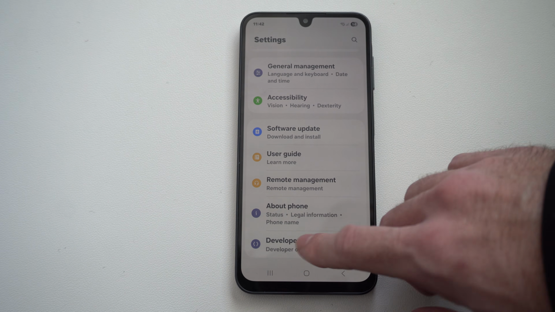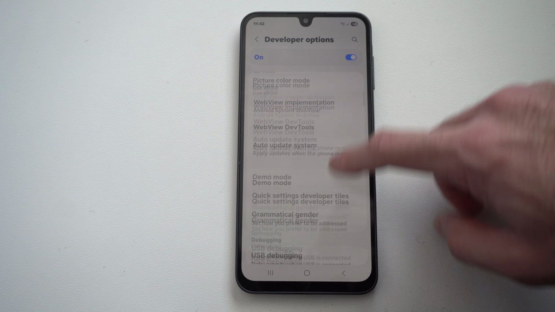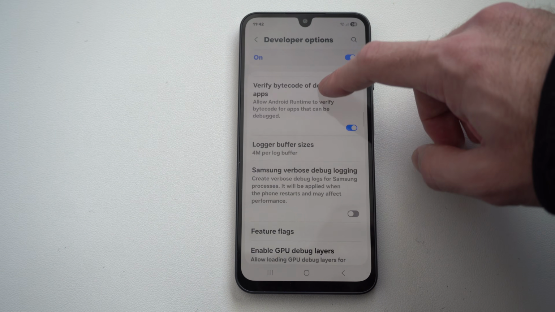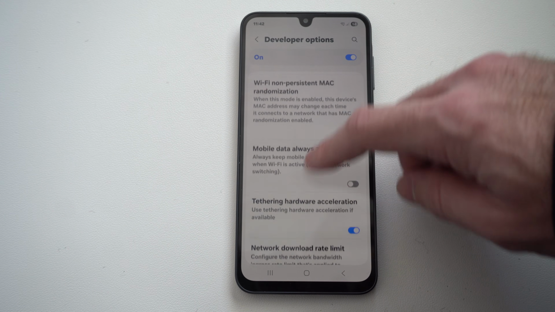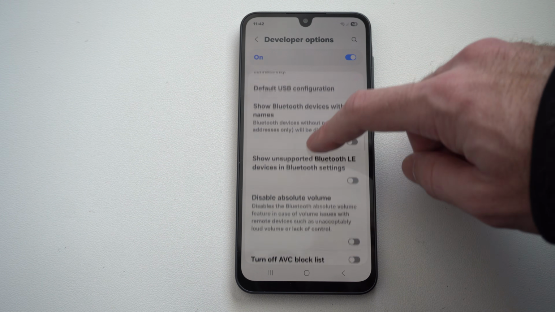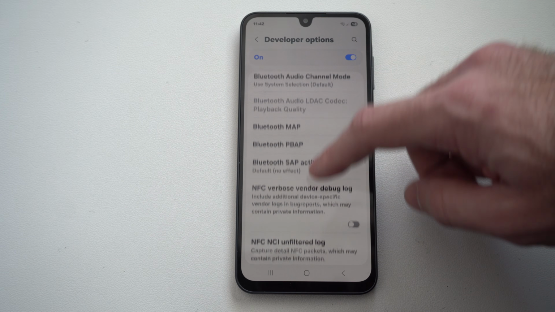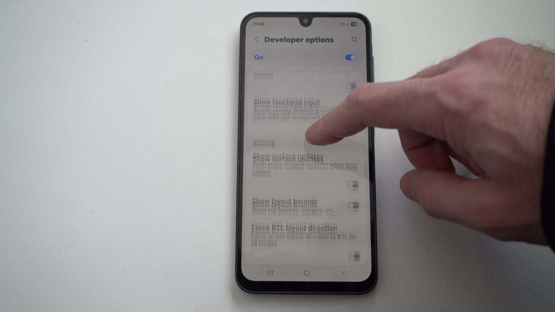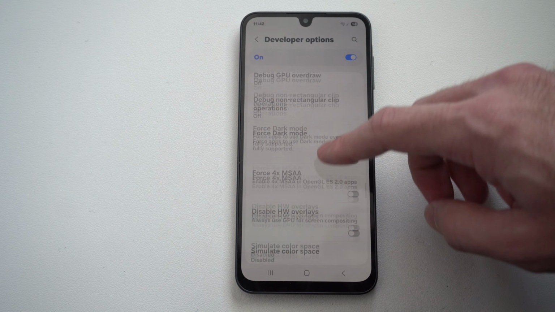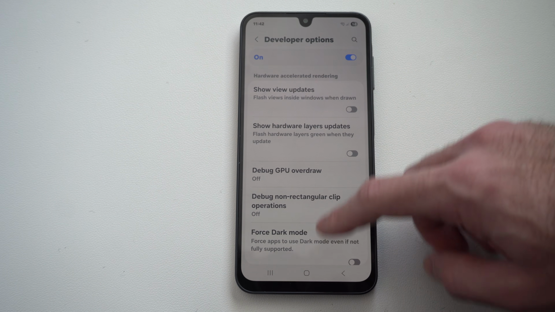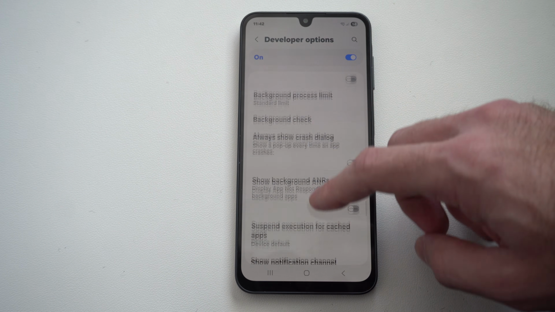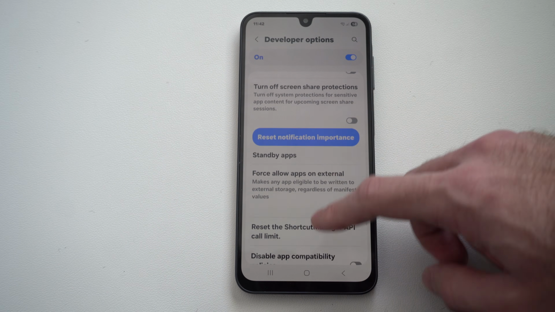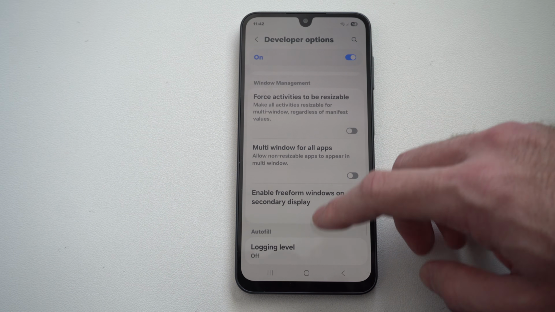Then go to developer options and we can go on down until we get to USB debugging. And we can find it under here. Otherwise you can just search for it in the top right if you can't find it. So you might have to scroll on down for a while until this appears. So I think I see debugging, GPU. So if you can't find it, just go to the top right and go to the search icon